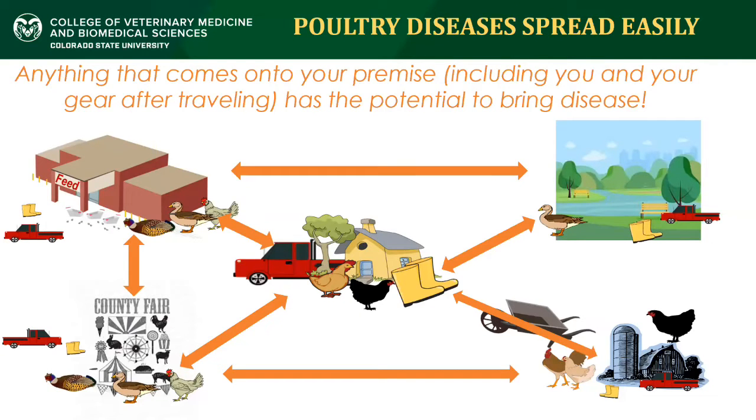This was just a picture graph that we put together because a lot of times I've heard me mention shoes a bunch of times. So we want to get that thought in your head. We put these little yellow boots on there because I talked about going to the park, going to another farm, maybe you went to the feed store and you stopped by and you saw all those cute little chicks. Right now they're in the feed stores because they're so cute and we just cannot walk by them without looking at them. But think about all the other 100 people that day that walked by them because they're so cute, and you walked in their footsteps and now you guys shared all that,